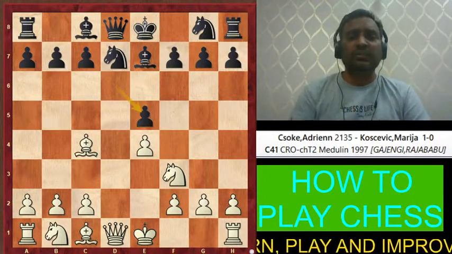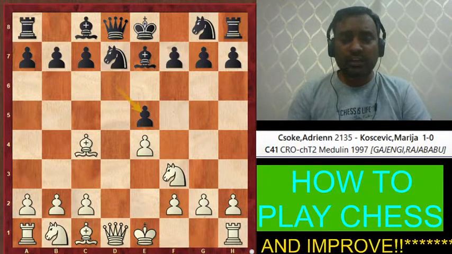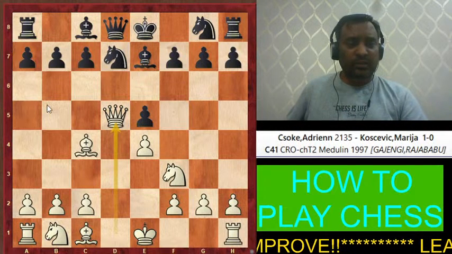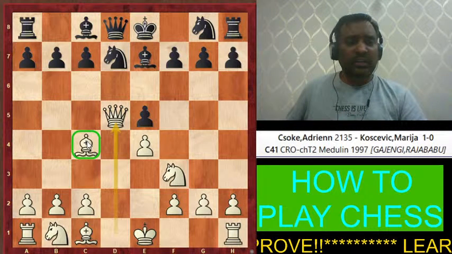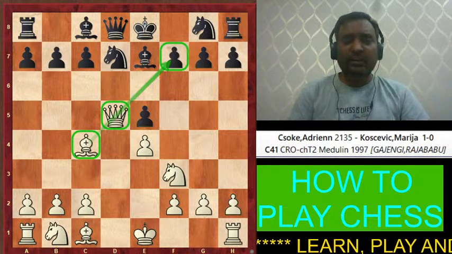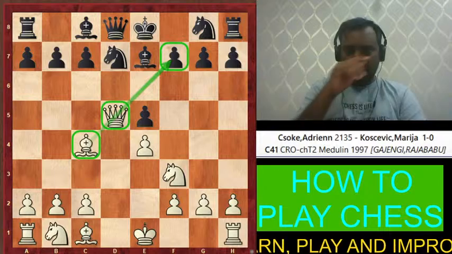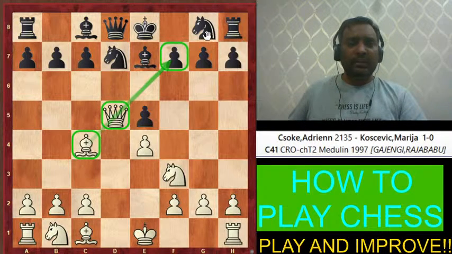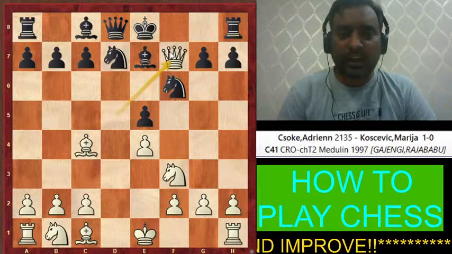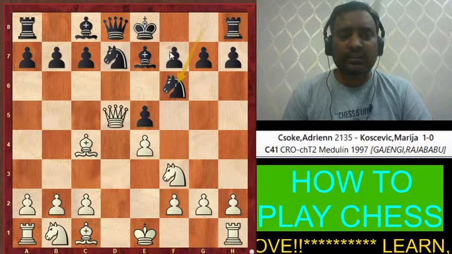So what do you think white should play here in order to win the game? Here white should play queen to d5, guys, with the help of bishop and queen. We are just planning checkmate on f7. Now he cannot survive. It's very difficult to survive the checkmate. Suppose he tries to play knight to f6, queen f7, checkmate will happen. See, queen f7 and it is simply checkmate.